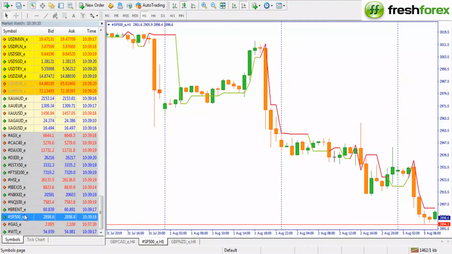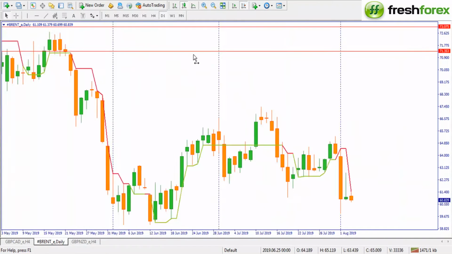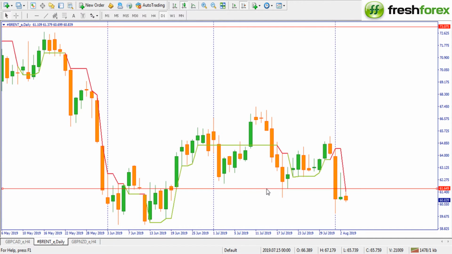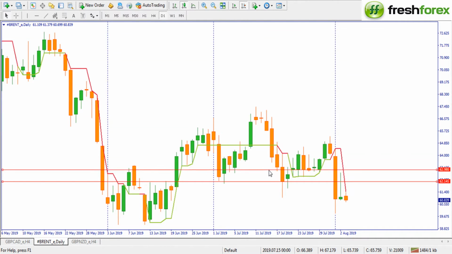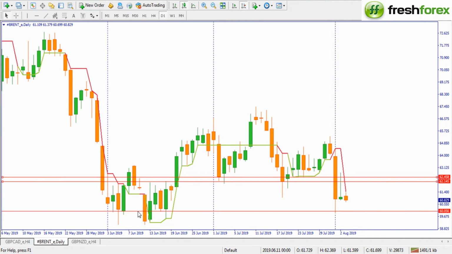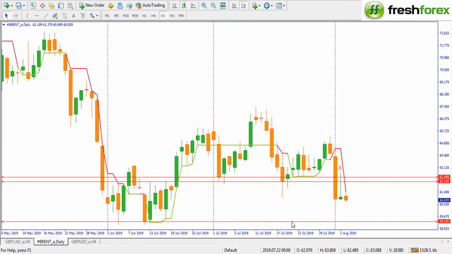We'll move forward to the next symbol, which is Brent oil. On the daily, Brent oil is bearish, so expect a sell on this one. We have a very good support which should act as a resistance. There's also a very good level here. So this is a very good support. Price went below, somehow it's still lower. So this is a good place to look for a sell from. As long as we have price remaining below this zone there, we expect sellers to dominate up to somewhere around this point,